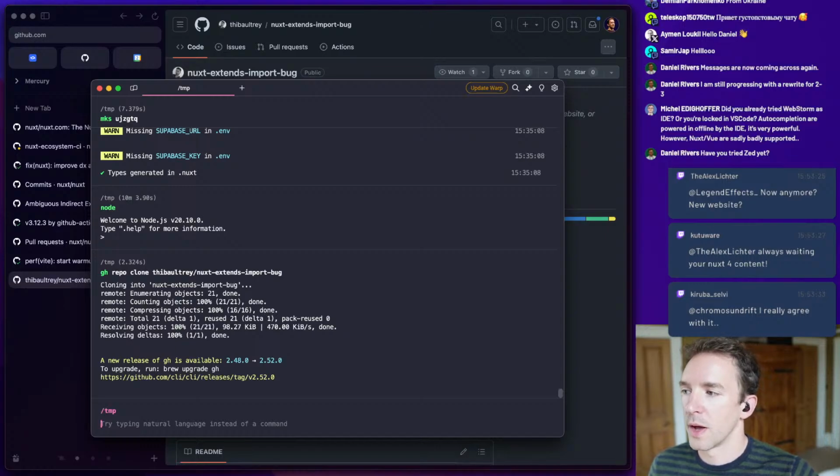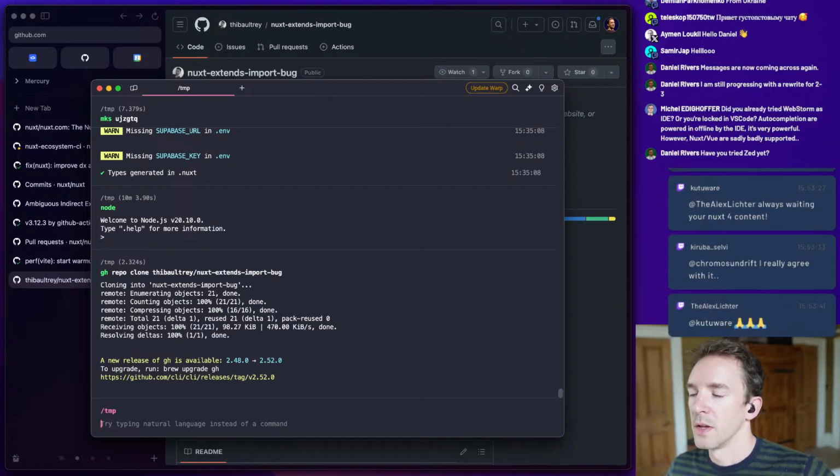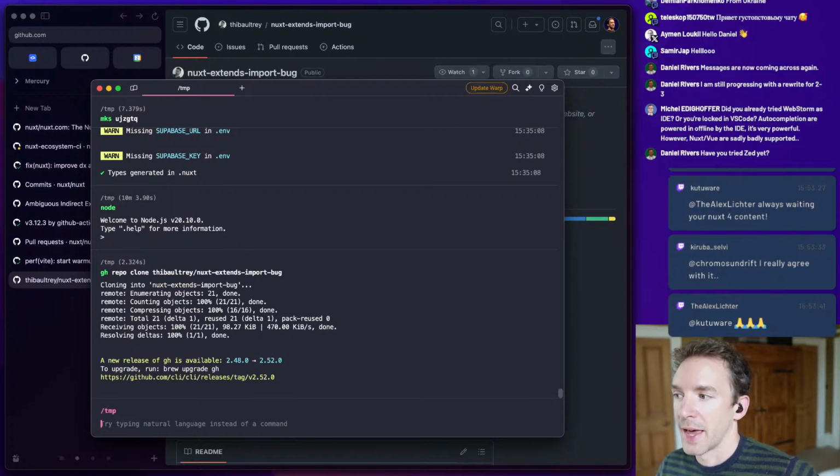The other thing you can do is actually exclude them. Anthony Fu says that a lot of ESM dependencies don't need to be optimized, and by optimizing them, you do extra work and it makes things slower. So adding them to exclude is always going to be better, if you can, than adding them to include. Just so you know.